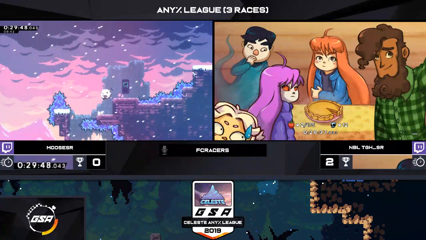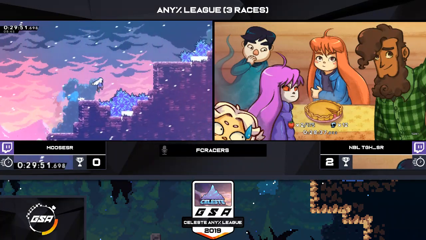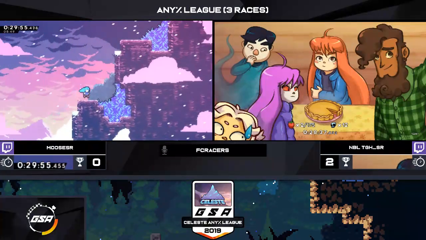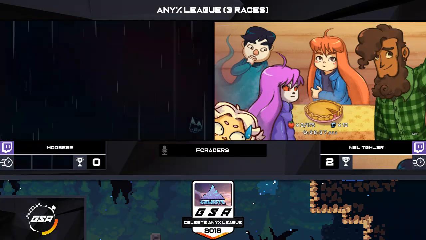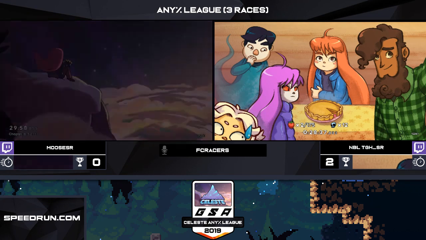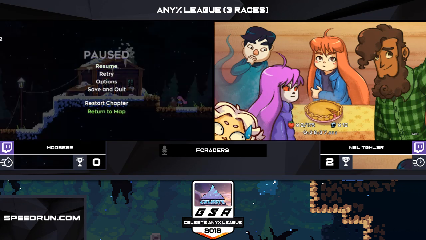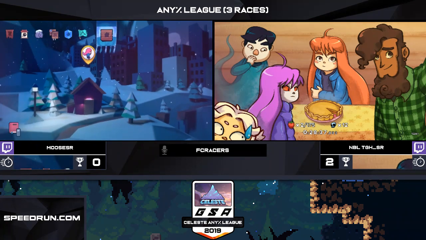We got Moose in the home stretch here, looking to nail a sub 30, barring any mishaps. Yeah, coming in at 29:58. Alright, so Teach is going to take the set and get the bonus point here, but we have one more race. One more opportunity for the runners to get a point here for the...